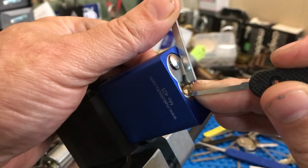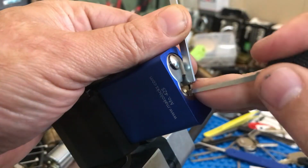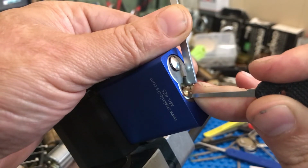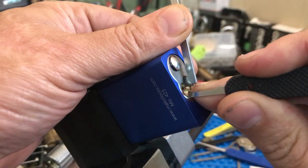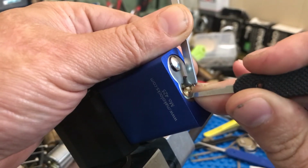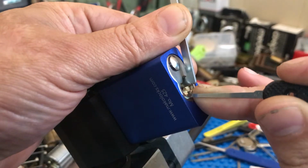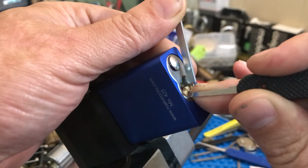It definitely feels trickier than, just overset that. Definitely feels trickier than the 425s, and me and Dusty were talking about that a little bit, and I think it could be possibly Mako having new tooling for these locks, so everything's kind of fresh and sharp. That's just complete hypothesis or conjecture on my part. I have no way of knowing if the cores are made on new machinery or not, but that was my guess. I've seen some guys struggle with these,